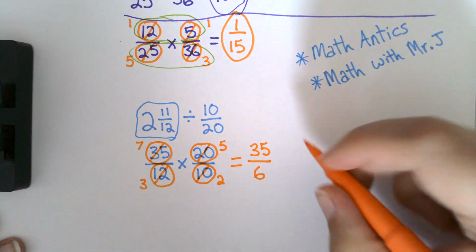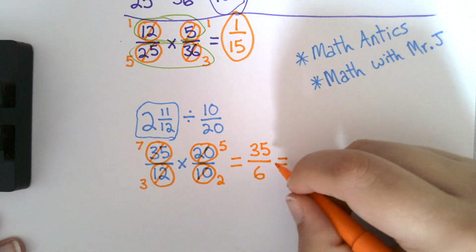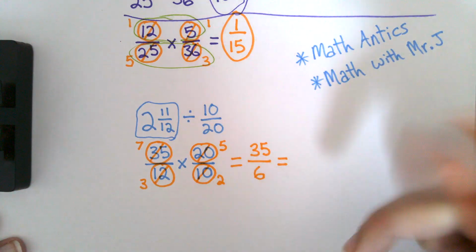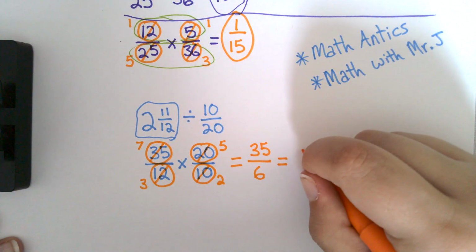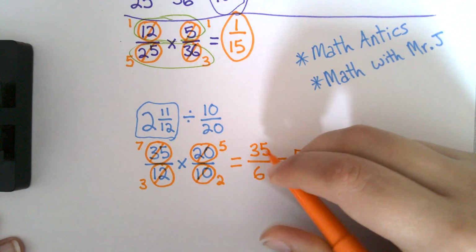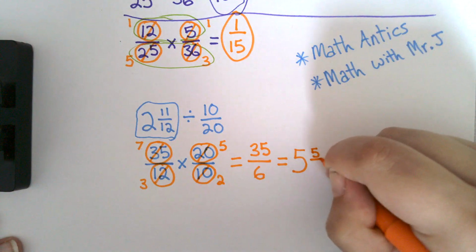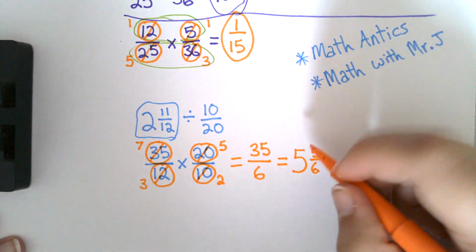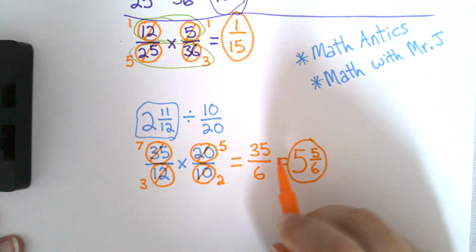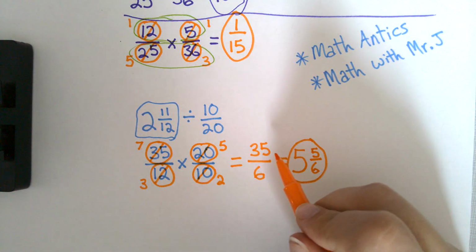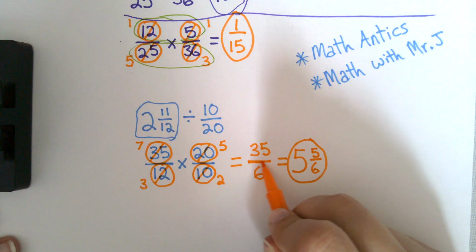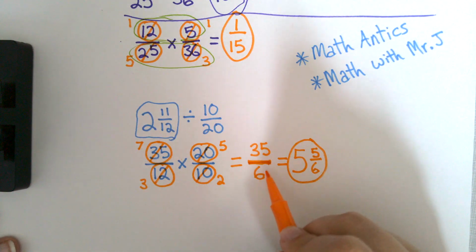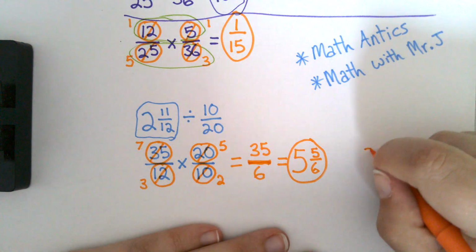We would turn that back into a mixed number. You can either do it in your head and think, how many times does 6 go into 35? Well, it goes in 5 whole times, which would be 30, with 5/6 left over. Or if you're not able to do that in your head, I remind the kids that a fraction like this is actually just a division problem. So saying 35 over 6 is the same thing as saying 35 divided by 6. So if you did 35